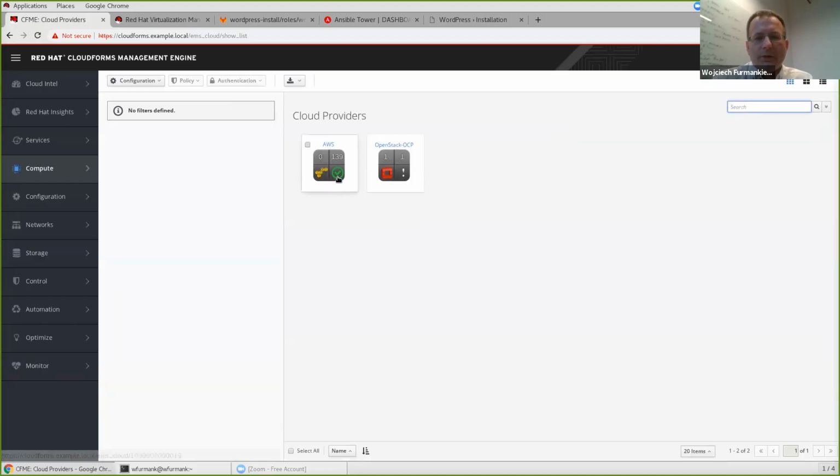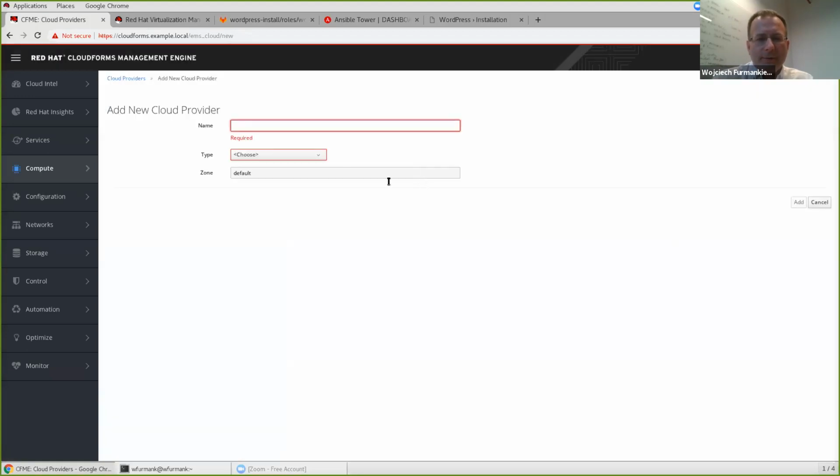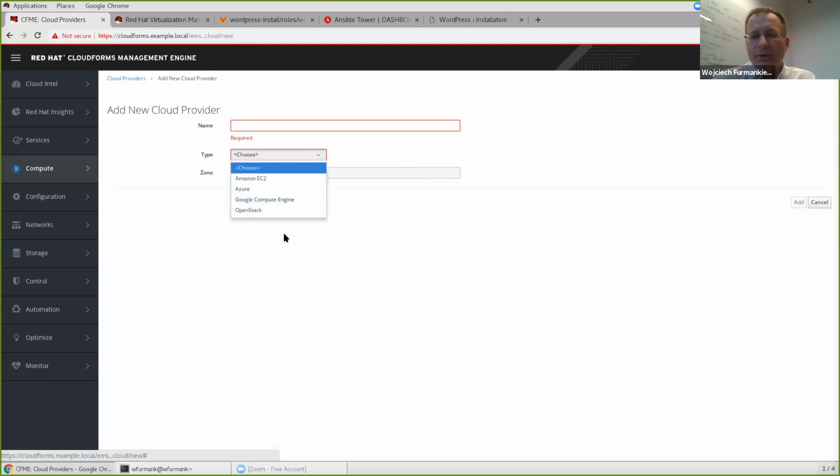So we have AWS and OpenStack here. When we add a new cloud provider, we can see the options of also Google Cloud Engine and Azure. So we can actually manage much more than one virtualization. We can manage the whole data center, including public cloud providers.